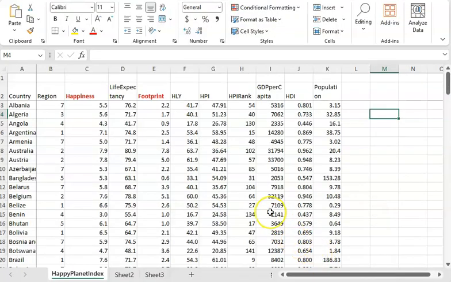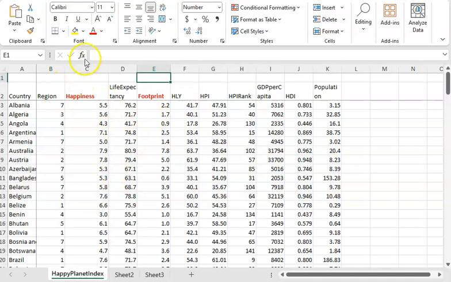And I have it saved here on my computer. And there's a lot of columns. The two that we're interested in to see how they're correlated are this one, happiness, and footprint, which I have highlighted in both of them in red, as you can see. So we'll park our mouse there to get our coefficient stated right there. We can click anywhere, but I like to put it on the second column that we are